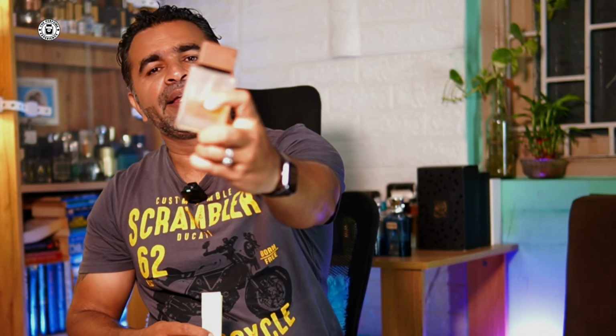Though this comes in a 50 ml bottle in a box, I would say this is one of the lower end fragrances from them which really stood out. In fact, I did have a sample of it really long back, and I got this just for this